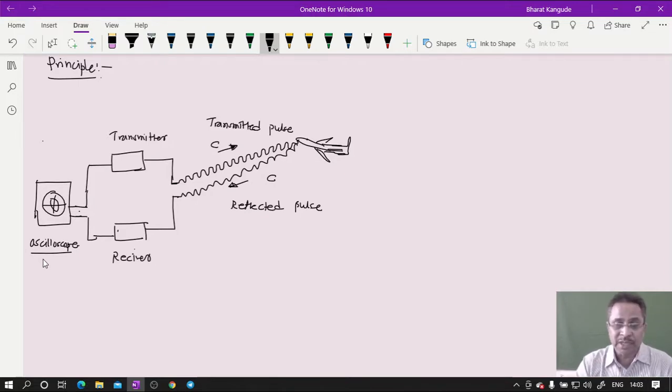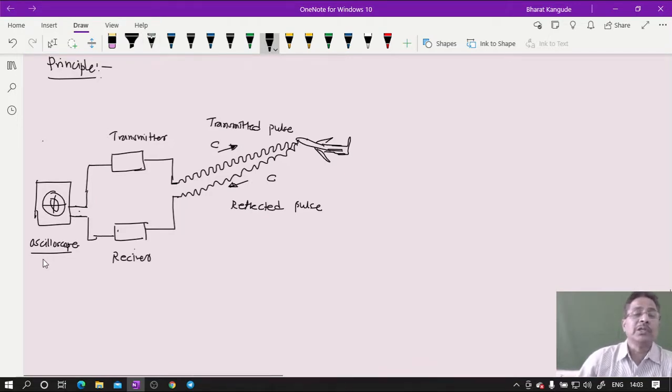Now this is the working. The diagram is much easier compared to the other two, so try to understand. These are two pulses. One is the transmitted pulse, and there is a reflected pulse. The reflected pulse comes from that moving object, or the object which is at a distance. The transmitted pulse is sent by that particular antenna, and the same antenna receives this reflected pulse. Noting down the difference in time between the transmitted pulse and the reflected pulse, because velocity is known and time is known, one can find out the distance very easily using the formula. We are going to write this formula also later. Okay, let's write in brief.